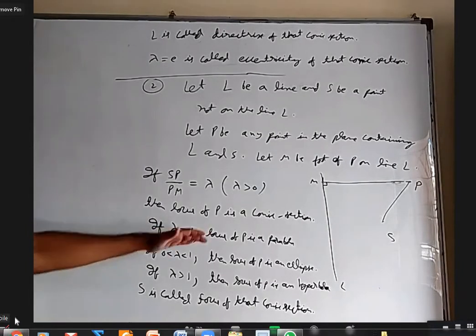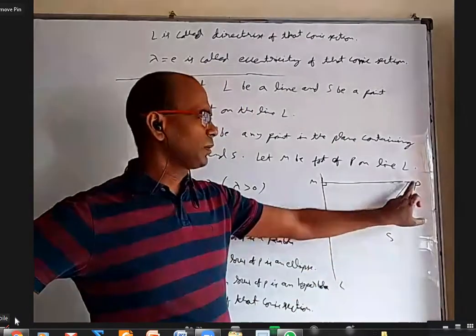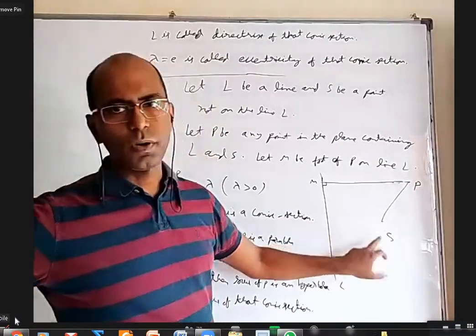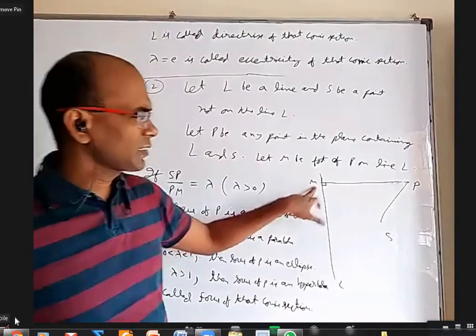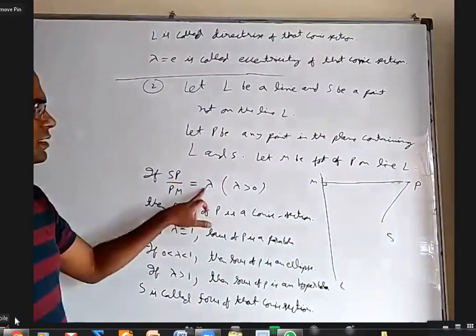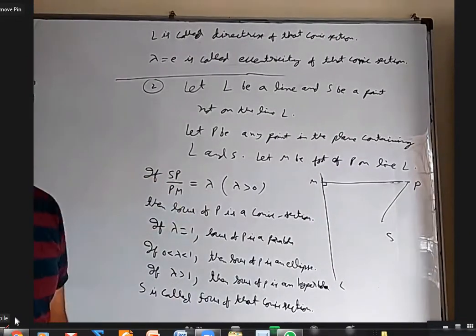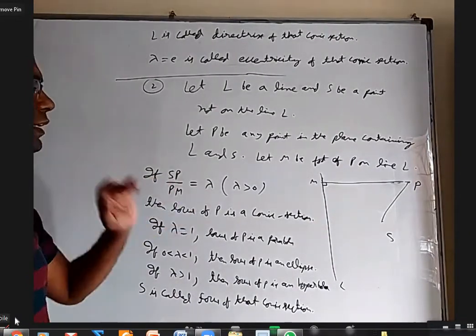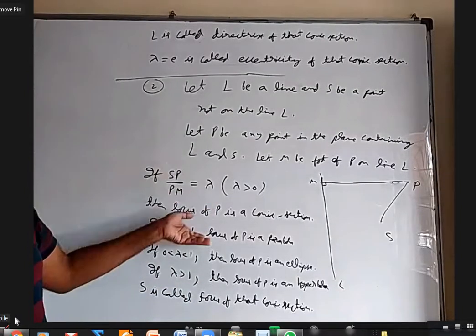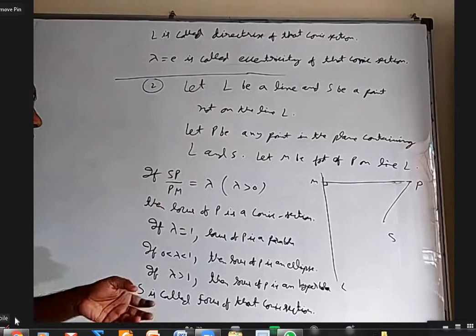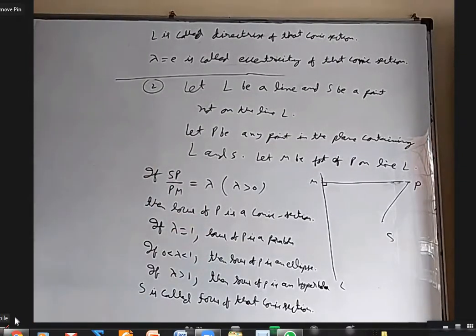So all three definitions are more or less the same. There will be a fixed line and a fixed point. Take a variable point, find distance to the fixed point which is called focus. Find perpendicular distance to the fixed line which is called directrix. If that ratio is constant, let's say equal to 5, then locus of P is a hyperbola. If it is equal to 7, locus of P is a hyperbola. If it is equal to 20, it's a hyperbola as long as it's more than 1. If it is equal to 1 by 2 or 1 by 3 or 1 by 5 or 2 by 9, any number less than 1, locus of P is an ellipse. If it is equal to 1, locus of P is a parabola.